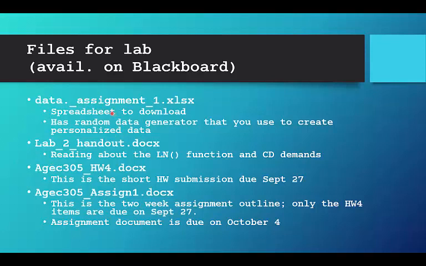So the files that are available on Blackboard when you start this, or are going to be available soon after you start this. The data file will be there as soon as the video goes up. It may not be named exactly this, but you'll see it in the lab page. I think it's going to be data underscore assignment underscore 1.xlsx, and that's the spreadsheet you'll download, and you'll need it on the computer you're working on, so that you can save things and do all the work,